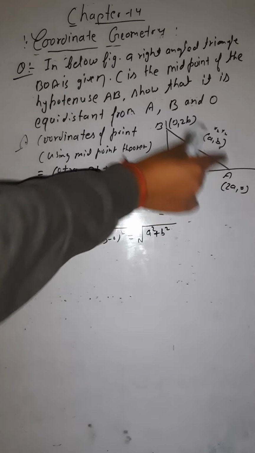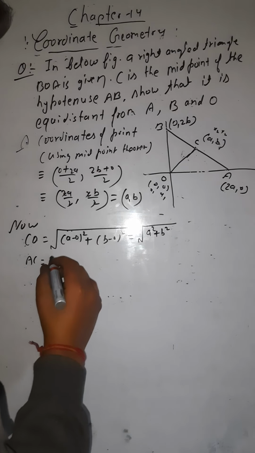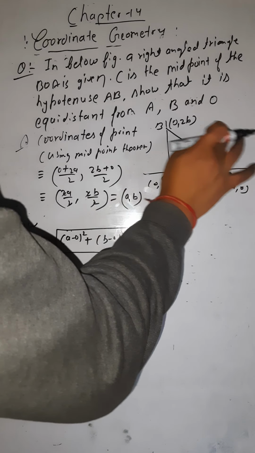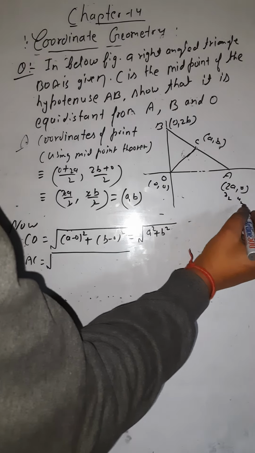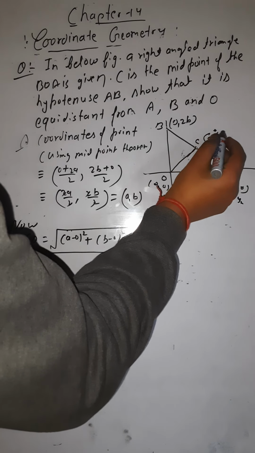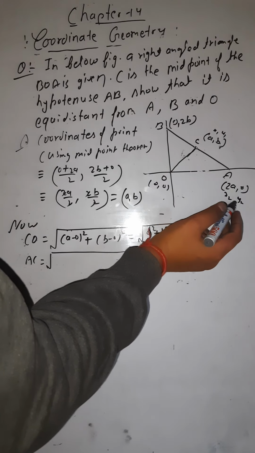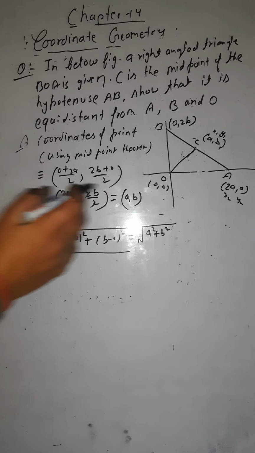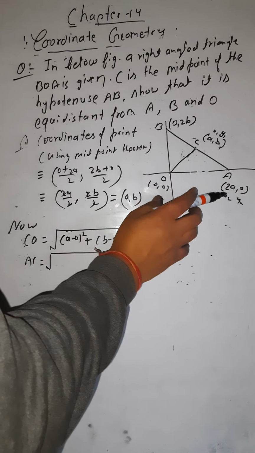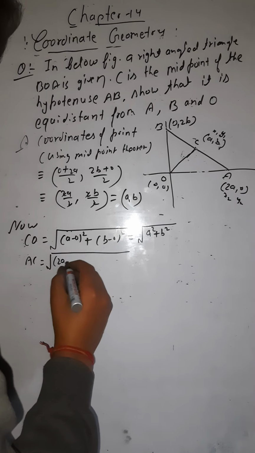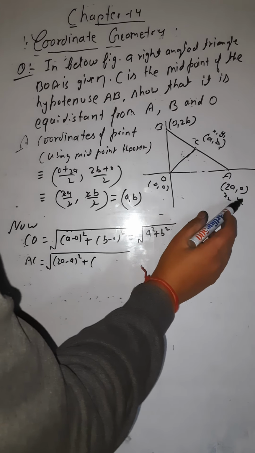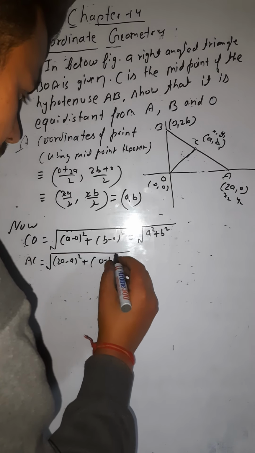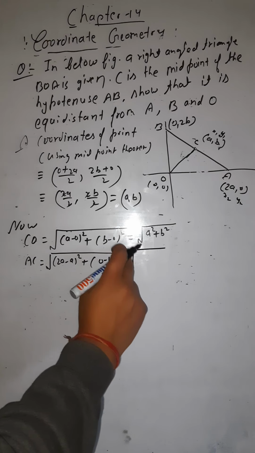Now I would find out the distance AC. Let's see how much it is coming. For finding out AC, let's say these are x2, y2, and this one is x1, y1, because A is coming first. Okay. Now how to do? Coordinates are x2 minus x1, meaning 2a minus a whole square, plus 0 minus b whole square. What is the answer then?